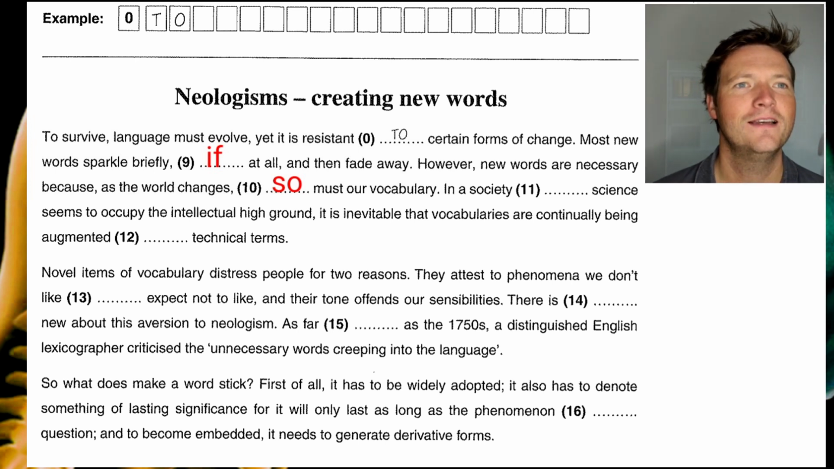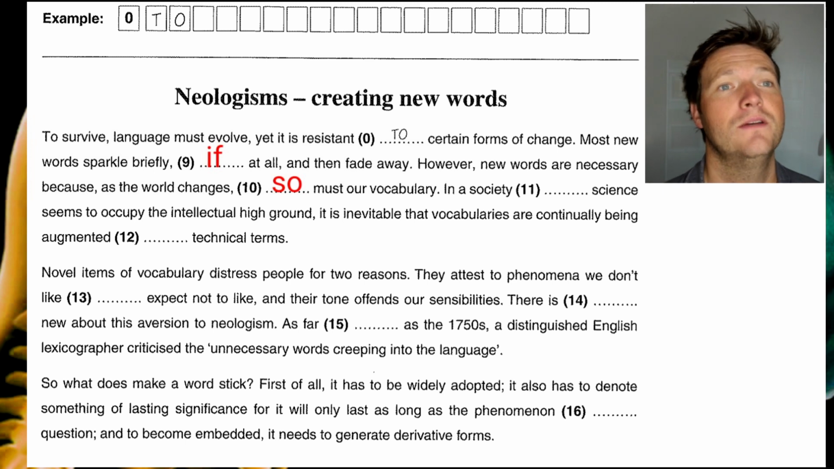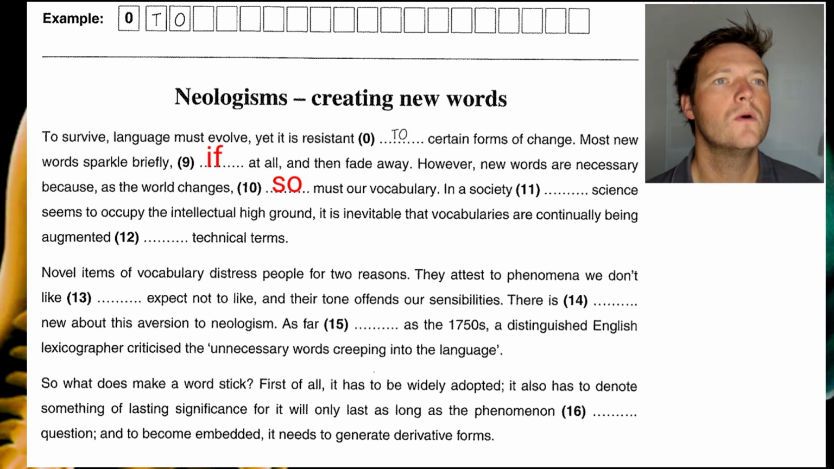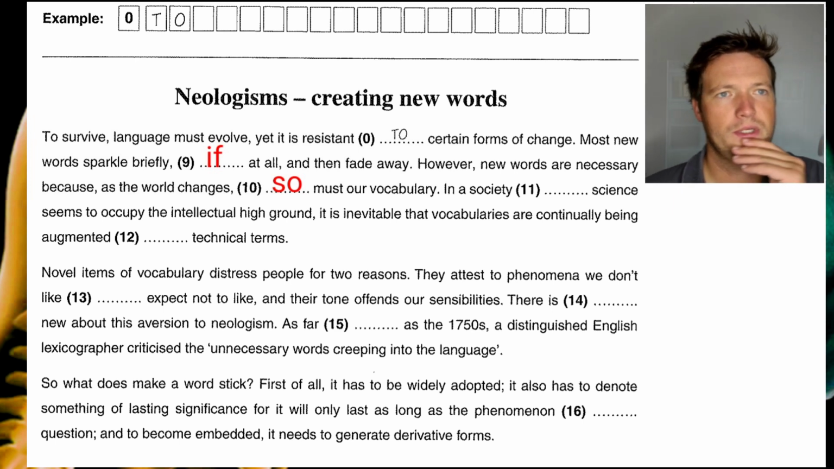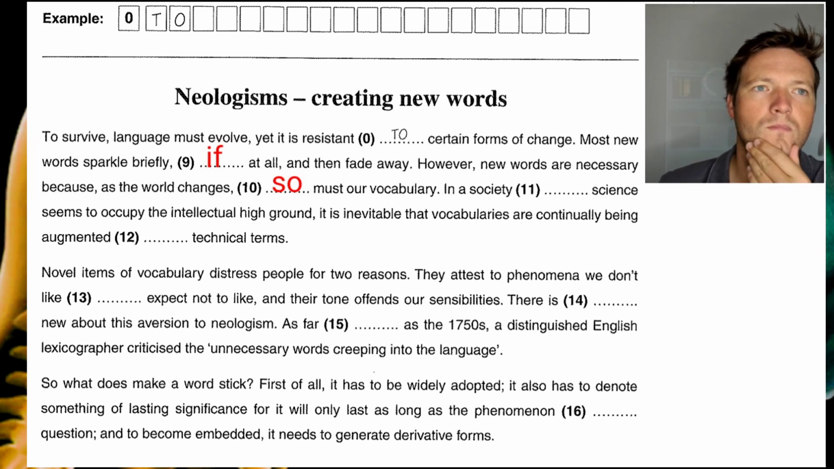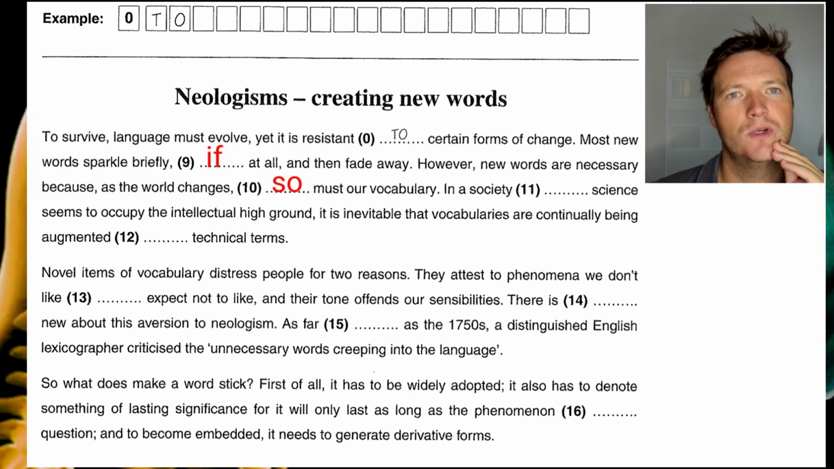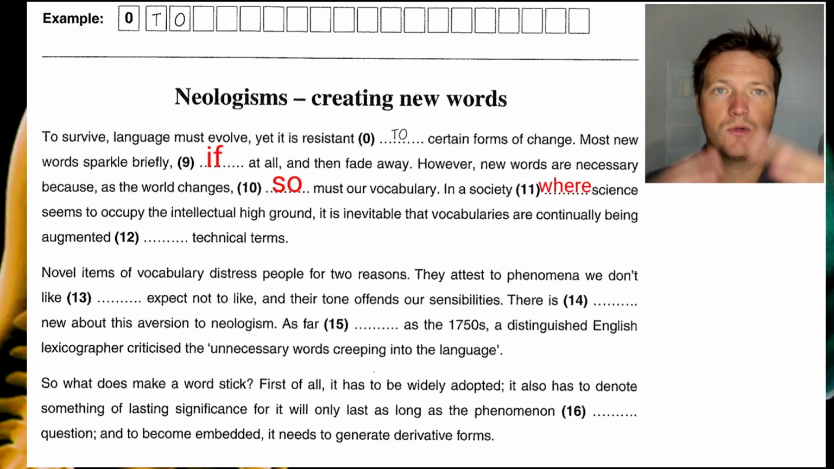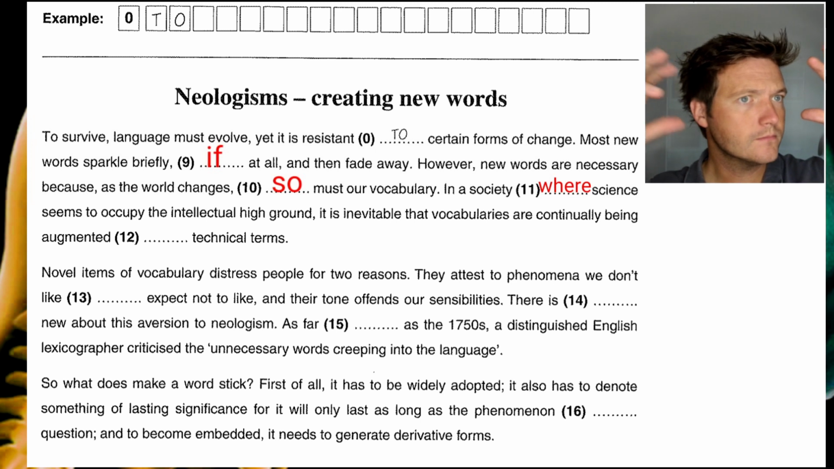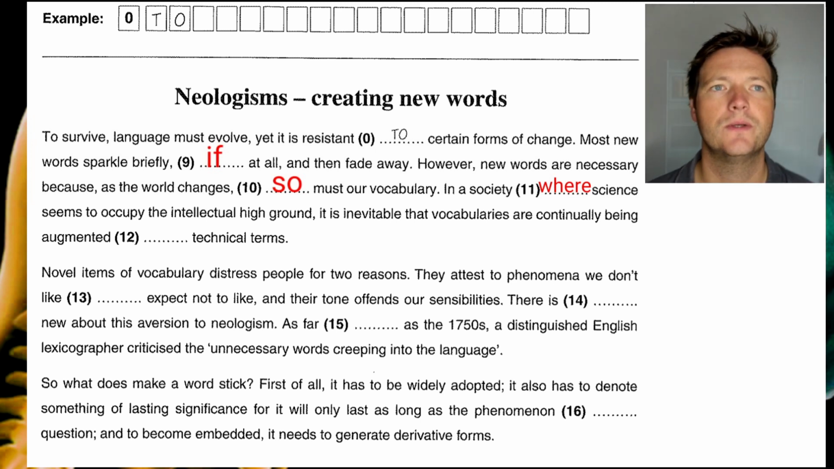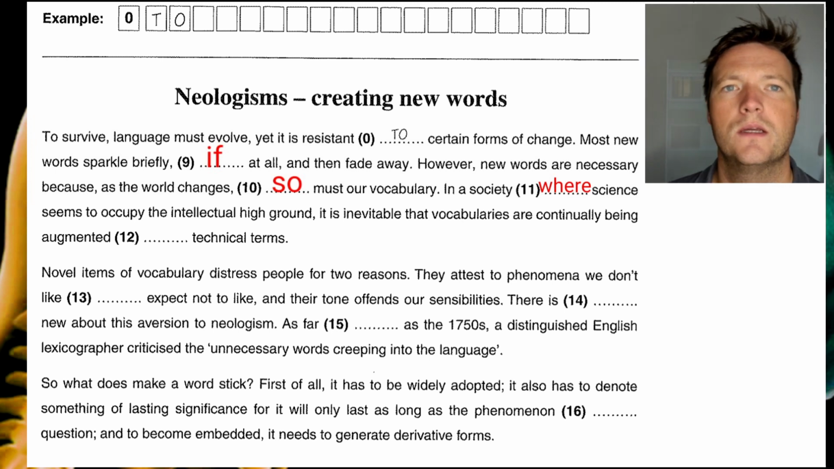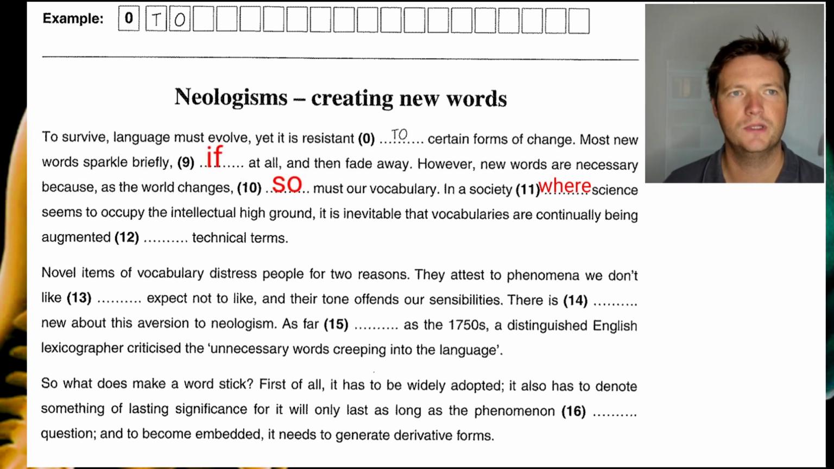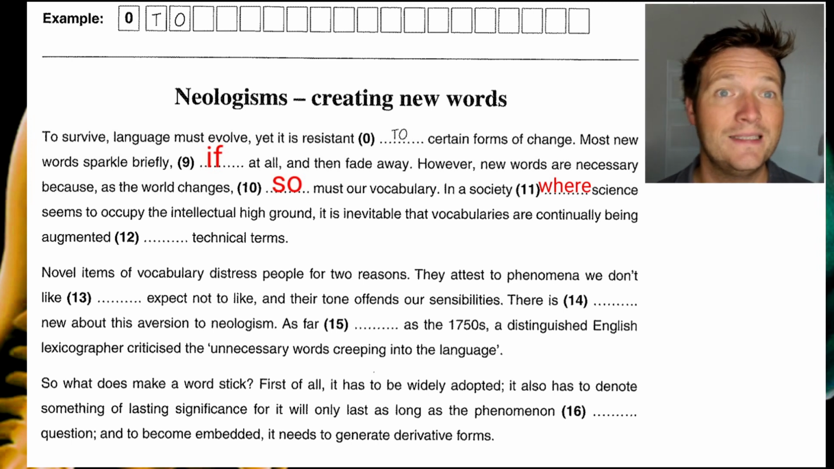Okay, in a society, science seems to occupy the intellectual high ground. It is inevitable that vocabularies are continually being augmented. Right. Okay, technical terms. In a society in which, but it has to be one word. Science seems to. So instead of in which, we could say in a society where science seems to occupy the intellectual high ground, right? Yeah, we can refer to society as a place. So yeah, in a society where science seems to occupy the intellectual high ground, it is inevitable that vocabularies are continually being augmented,